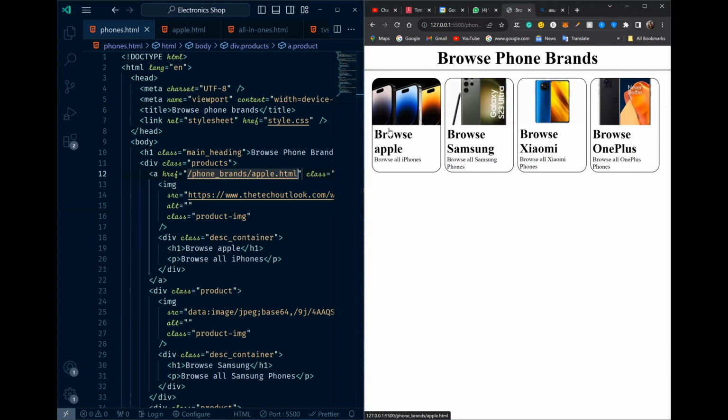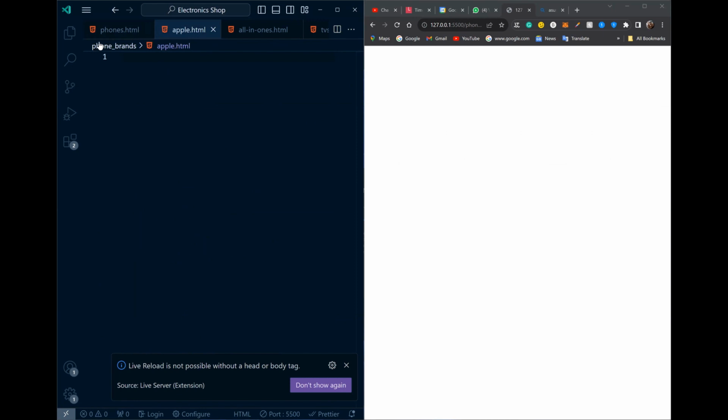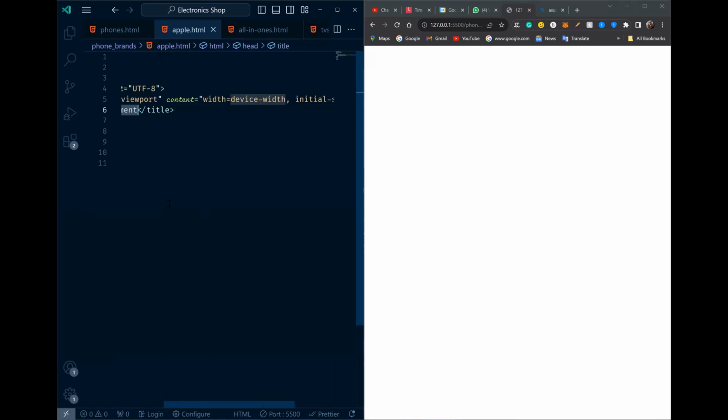Correct? Now we're going to be using the same layout, right? We're going to be using the same layout as we did over there, just with a couple tweaks here and there. Exclamation point, tab, and in the document we can write